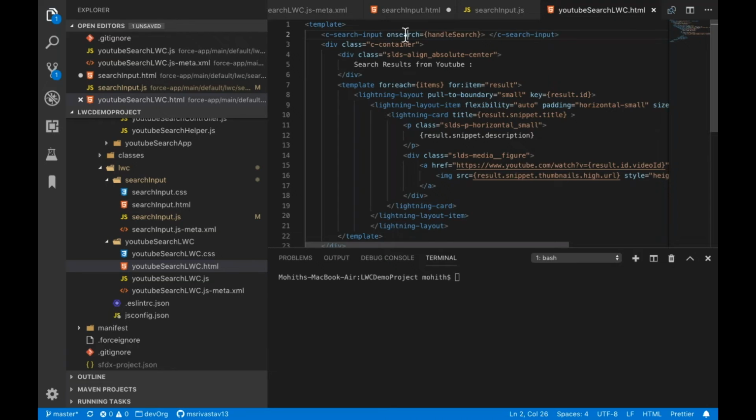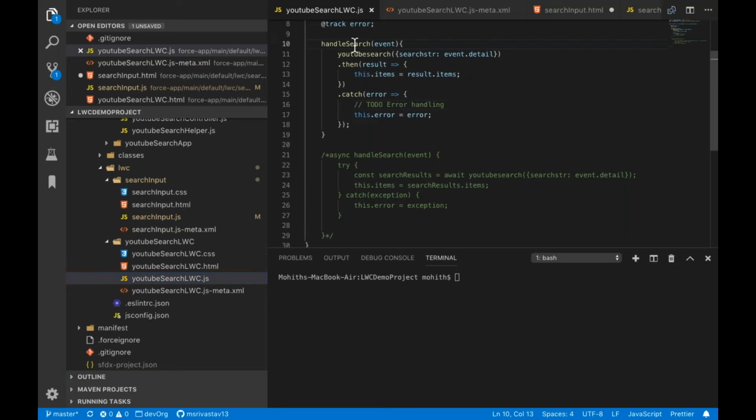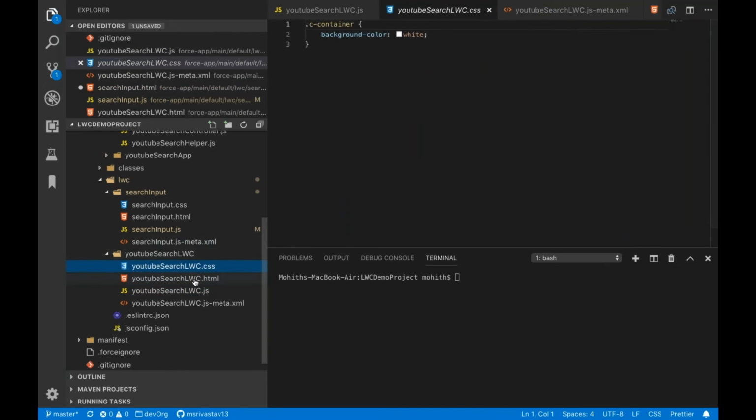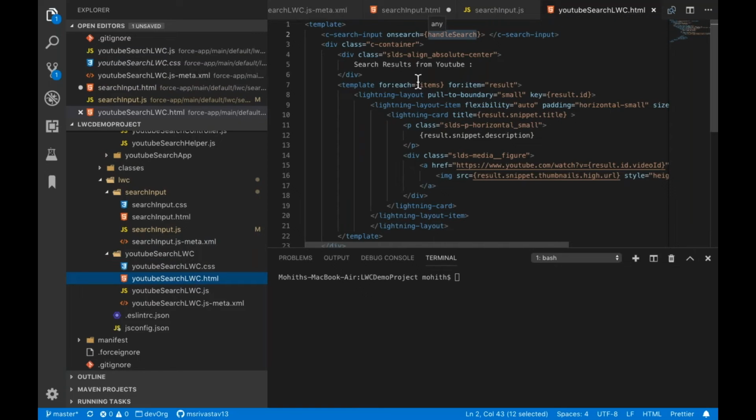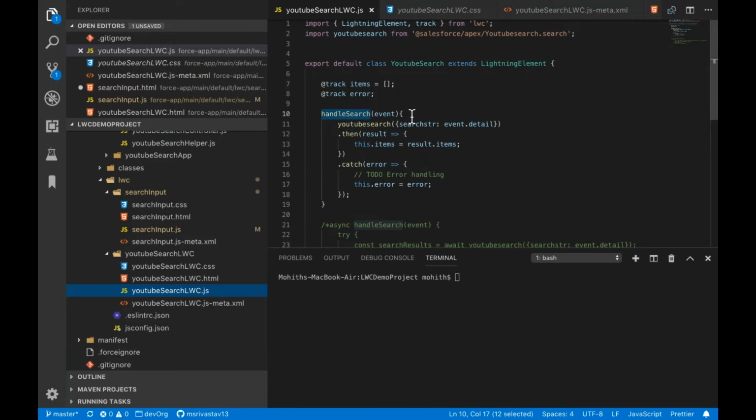So I say, okay, onsearch, handleSearch is my new handler. Maybe I misspelled it here, sorry about that, but I can quickly change it here. And handleSearch is basically what I call. So here I call handleSearch. So handleSearch is what I call, right? So when I do handleSearch, it should